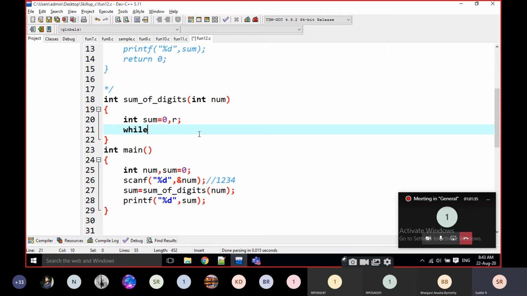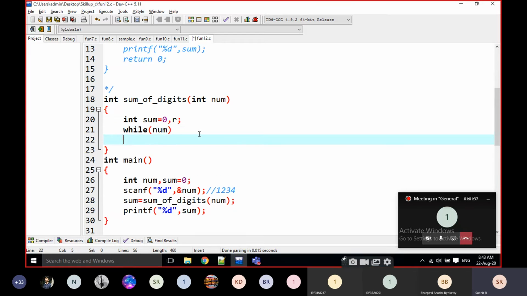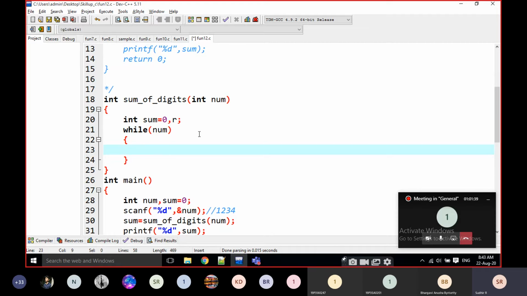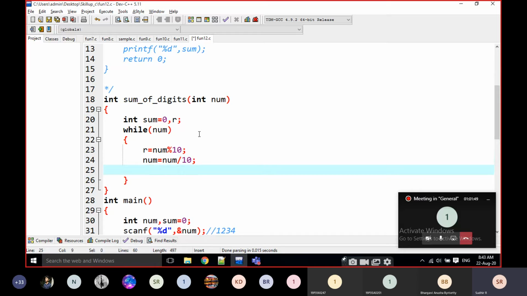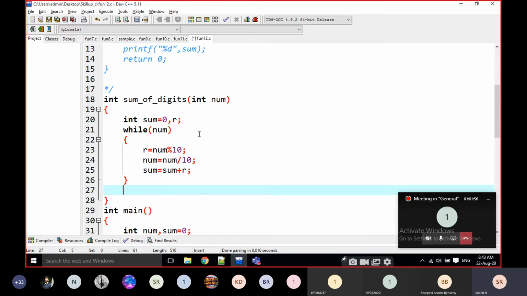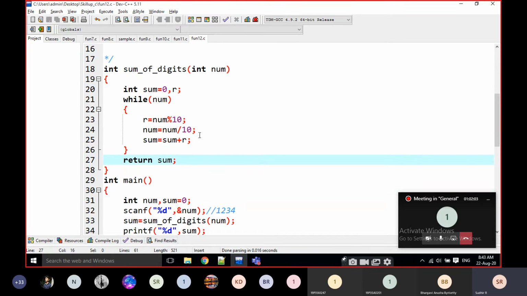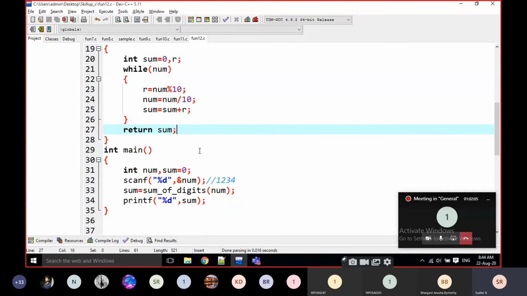While num, r is equal to num mod 10, num is equal to num divided by 10, and sum is equal to sum plus r here. I am going to return sum. That's it. Here I am passing one value and the function is returning.